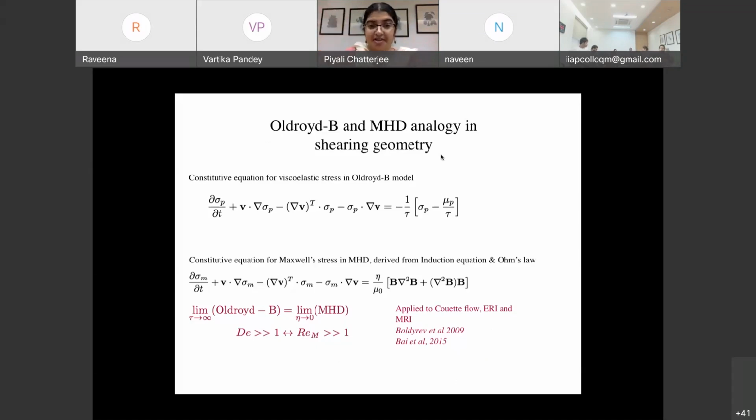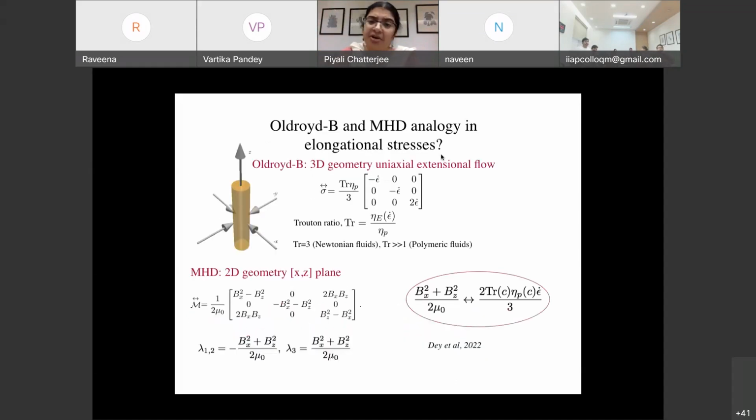Now our system is different. We have elongational stresses. Here there's a jet and the jet is being pushed up, so it's more like elongational than shearing. In our work, we have shown that even in the case of a uniaxial extensional flow, the concept holds. So you have a jet which you are essentially pulling up like this. And then you also have the stresses that you can derive. So this is an expression for the stress,